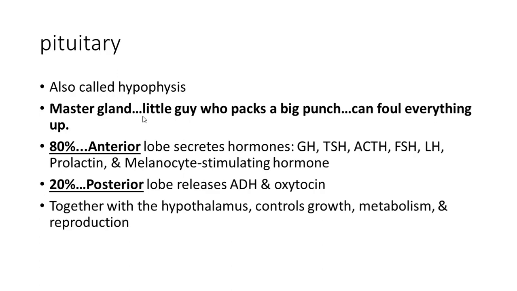I'm not expecting you guys to know the labs quite yet. I do want you guys to start putting together things like the TSH is for the thyroid. It's the thyroid stimulating hormone. The FSH, follicle stimulating hormone. LH is luteinizing hormone. Prolactin is a hormone used for